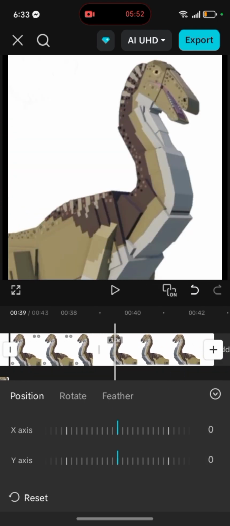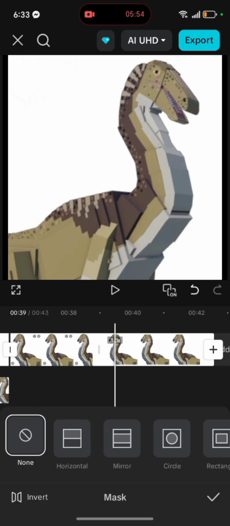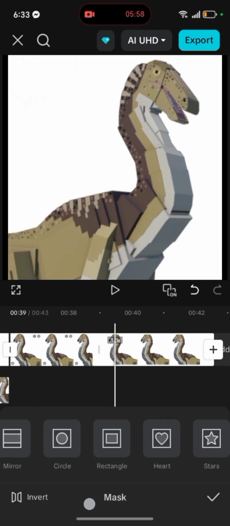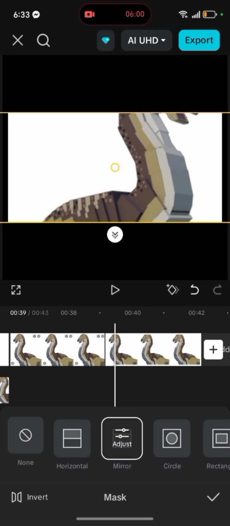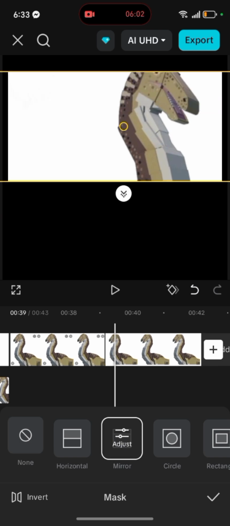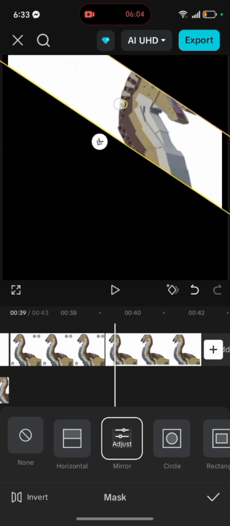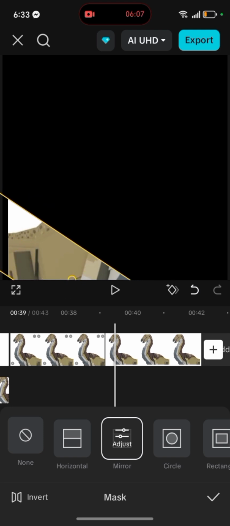And for this one, you can pick anything, yeah. Not just mirror, anything. So I usually use mirror and make it this and like that.